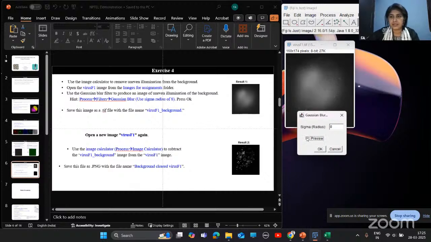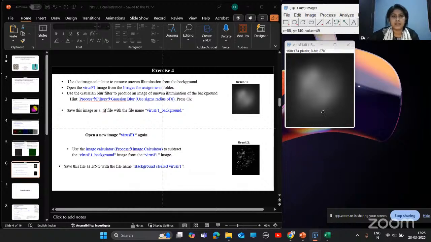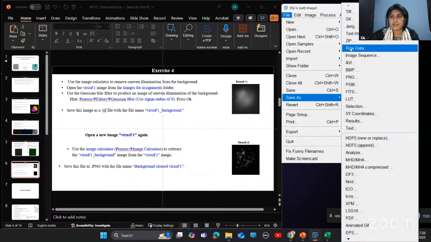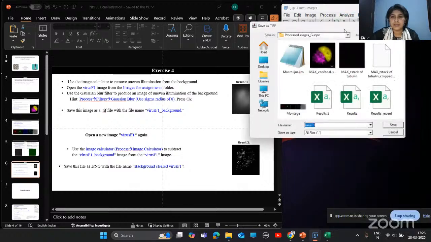You can see in preview that this image has been blurred. Now I'll click OK, and then next we need to save this image in a .tiff file. Save as tiff with this name, virus F1 background.